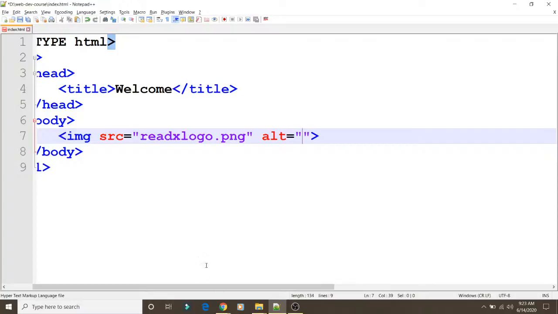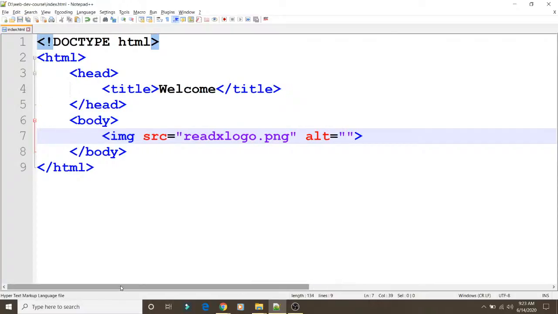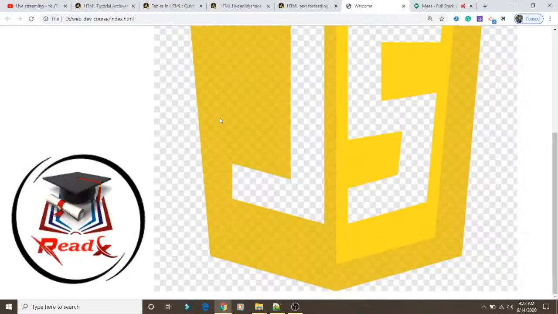Suppose in some cases, due to some reason this particular image fails to load in your page, so you want to indicate to users that there was something mentioned over there, some image was there, and due to some issue if that image does not appear, you want to show some text.